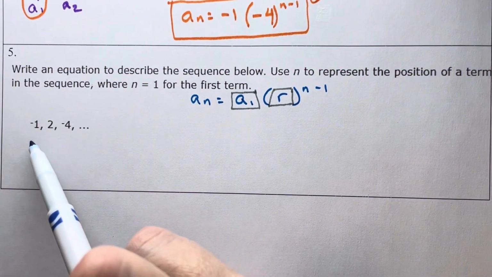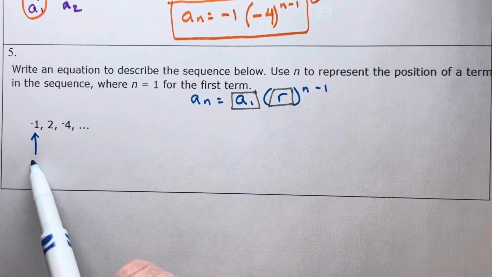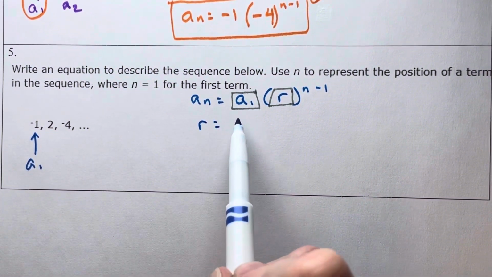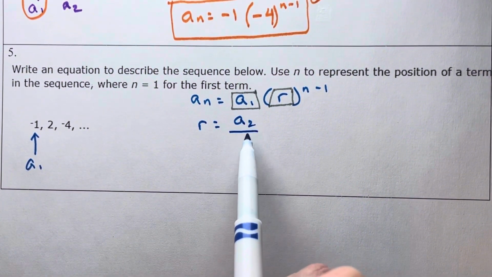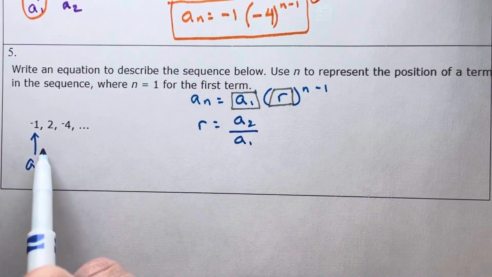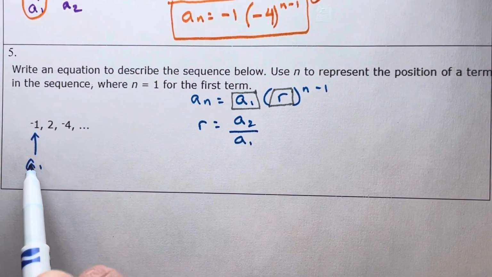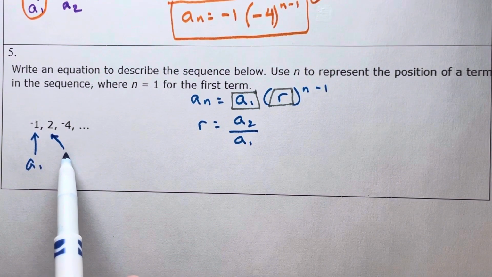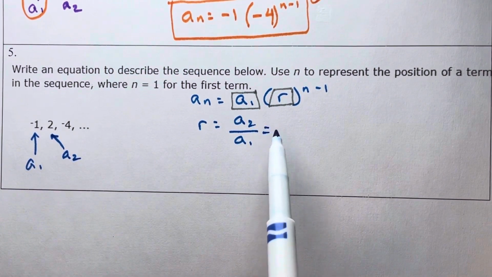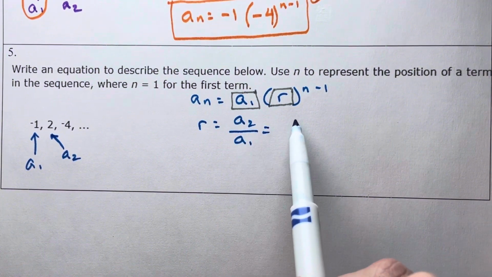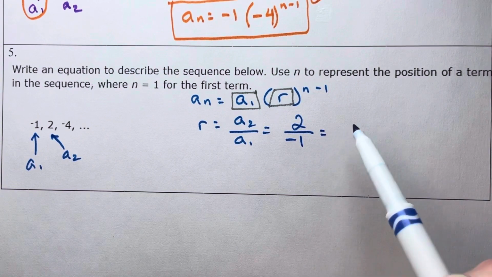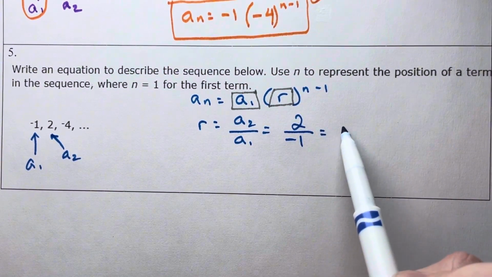We see quickly that our first term is -1, so that's a sub 1. And r comes from the second term divided by our first term. Since the first term is -1, that means the second term is that 2. So as we build our ratio, that means I have 2 divided by -1, which gives us a result of